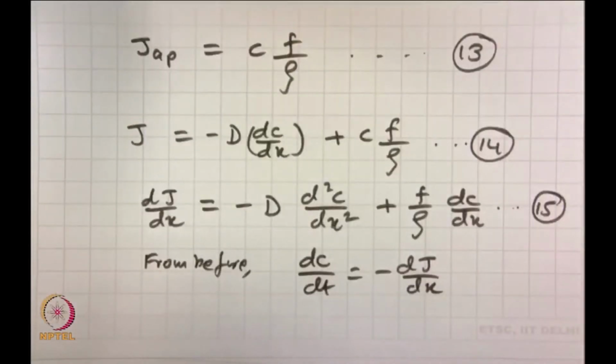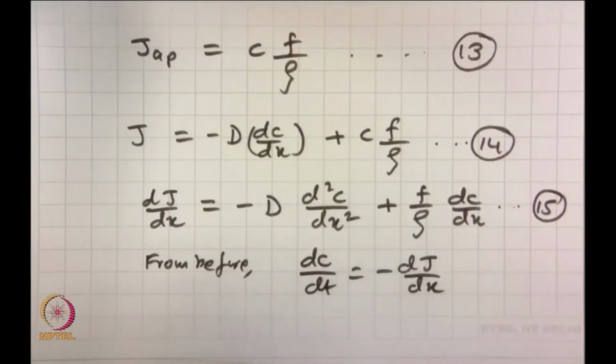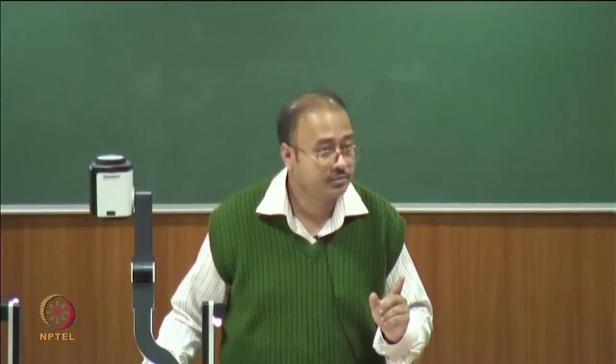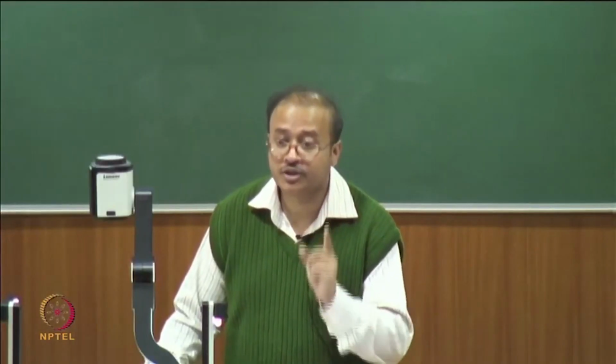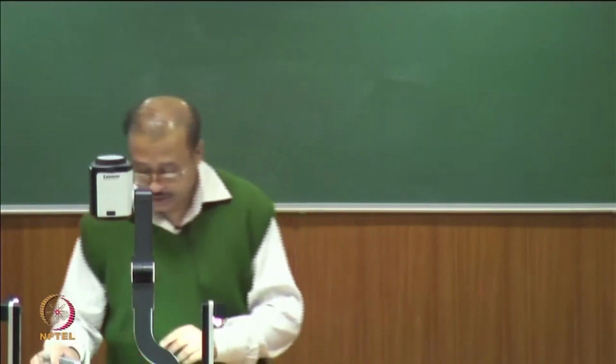So, what you have done now is you have related your dc/dt, the concentration change with respect to time, with the gradient of flux. Remember, in this case the flux does not only have the diffusion because of concentration gradient, but it also has the friction term involved. So, then if we use this,